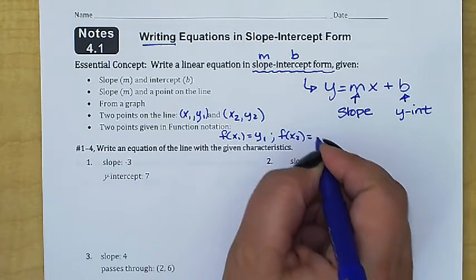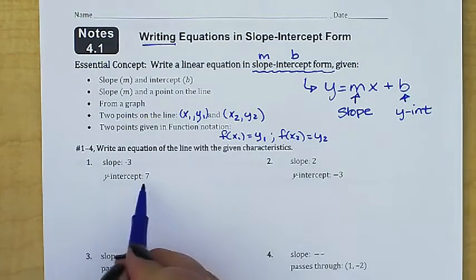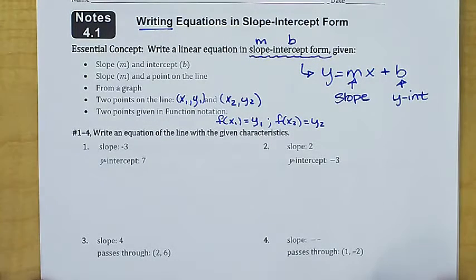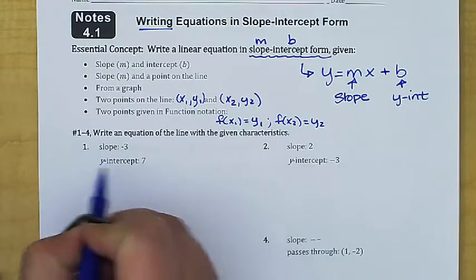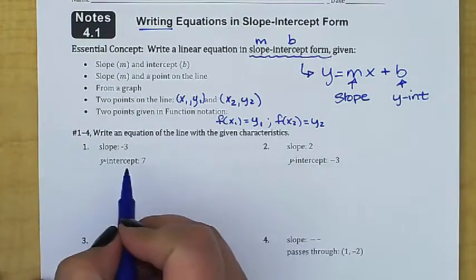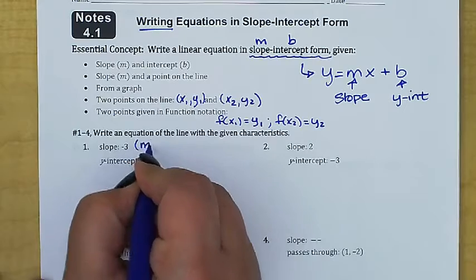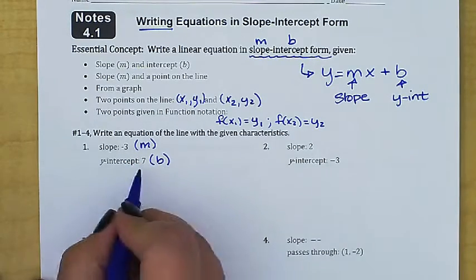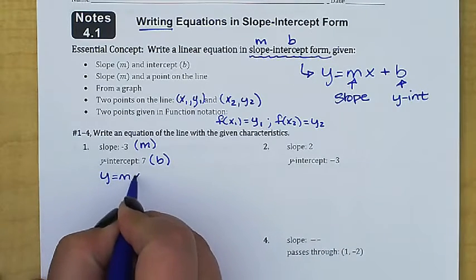So let's go ahead and jump right in here. We're going to start off with the super easy ones, because they've already given me the slope and the y-intercept. If you have been around for the last couple of weeks, or especially from last year, this should be very simple, because if they hand you the slope and the y-intercept on a silver platter, then you know they are essentially giving you the value of m when they give you the slope, and the value of b when they give you the y-intercept, and then it's just a matter of inserting those